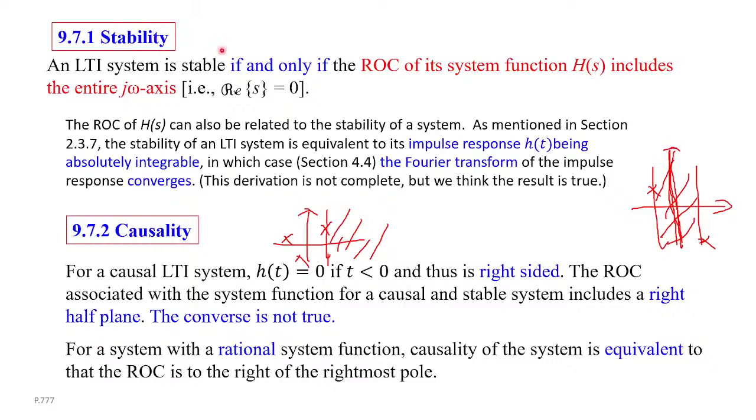Anyway, so if you want it to be stable, then your ROC should include the j omega axis, and you want it to be causal. So the stable one is if and only if, and the causal one is a little weird. So if it's rational, then it's causal if and only if the ROC is on the right side, the rightmost ROC,